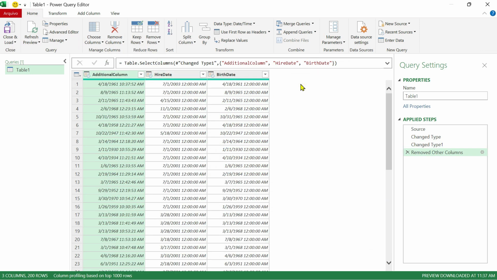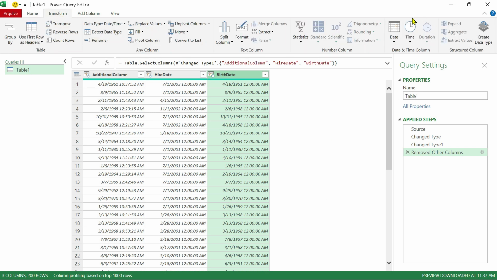I only need these ones because in this lesson, we're going to study all the features that Power Query offers you to work and calculate dates. I'm going to start selecting this first column, birth date. And look, when I select birth date, if I click the Transform tab, I will have this little panel right here with three main buttons. And you will see that from these three main buttons, one of them is disabled